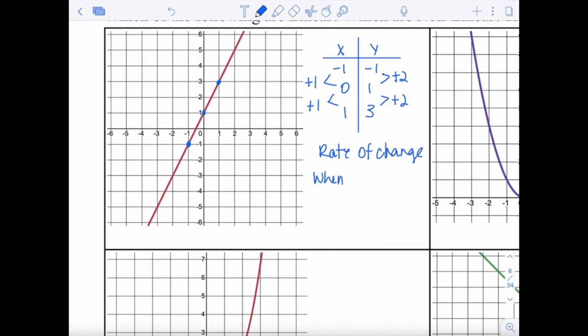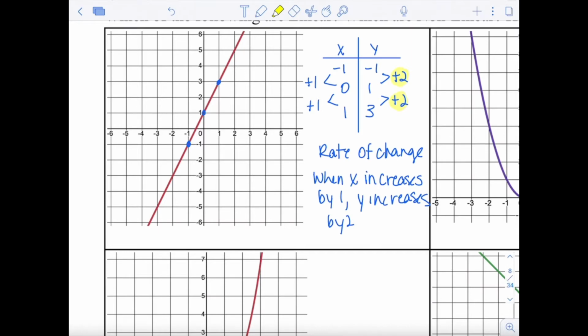When X increases by 1, Y increases by 2. And the main point is that these numbers here are constant. So when your relation is a line, when you have a pattern in X, you should have a constant